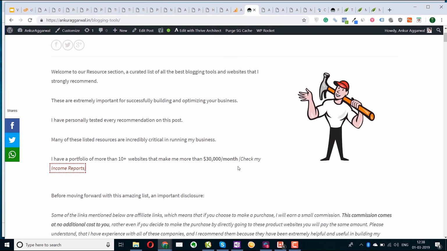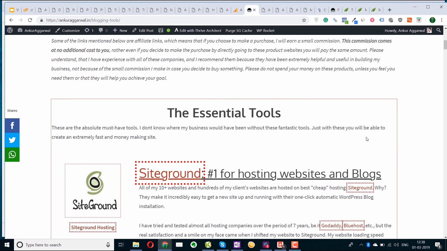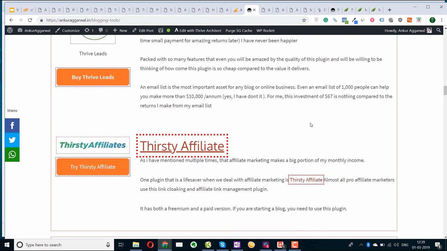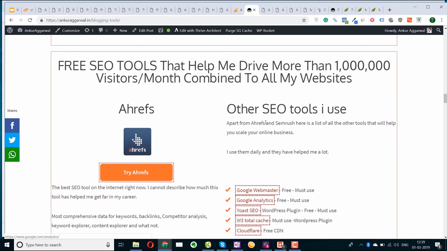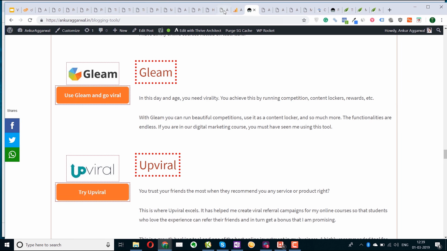This way you can create a beautiful article. Like this page of my website, you can see that there's an image, there's some text on the left, then there's this box, image, button, membership. So all of this is created using Thrive Architect. Like these beautiful check marks, this proper formatting and all. So you can also achieve such results using Thrive Architect.